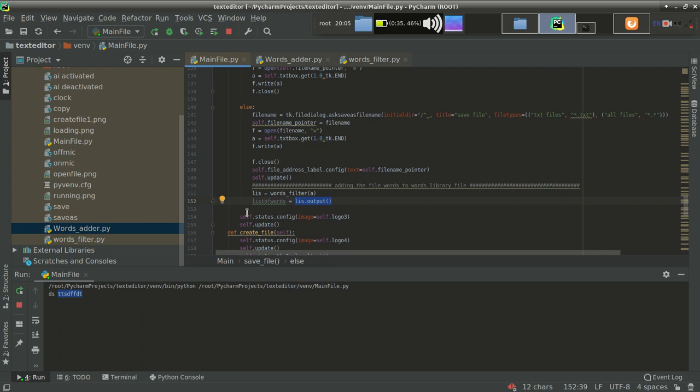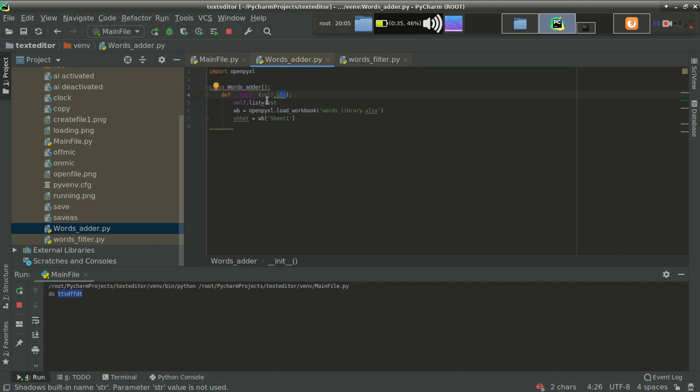Somewhere there is a bug, wait, let's verify. So okay, no problem, let's move on. So since we are getting a string version, no problem, we are getting here a string version only. So what we will do is, here we are assigning to this self.list, and I have imported this one also.